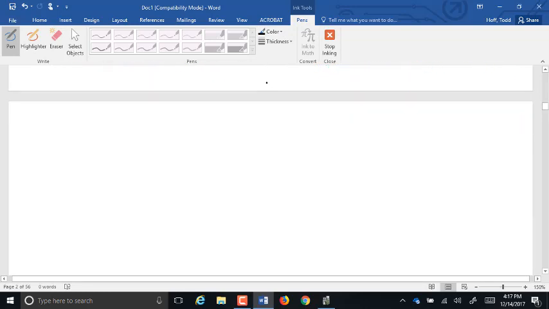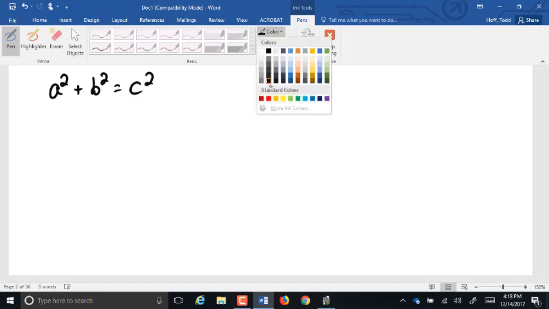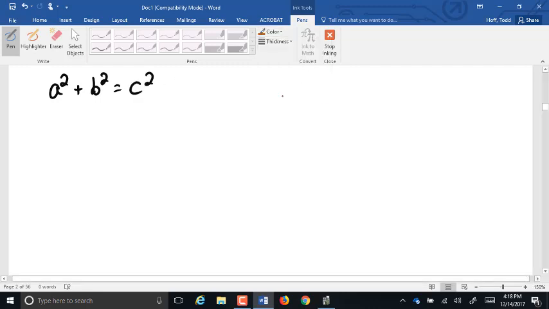Also dealing with triangles, we had our Pythagorean theorem. A squared plus B squared equals C squared. If we have a right triangle, we can use that to find the missing side. Or if we have just a regular triangle, we can use that to test to see if it's a right triangle. For example,